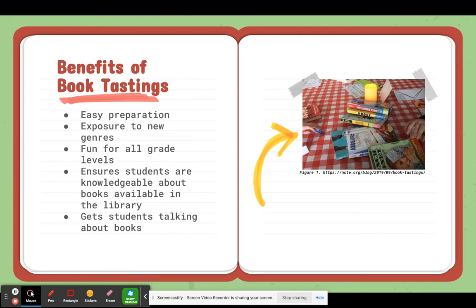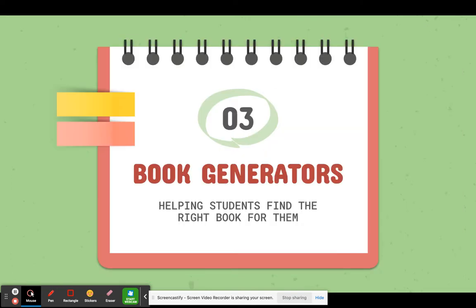It's a great way for them to see that you had graphic novels. Students might not have realized that. And I've seen that for sure, or comic books even. And that being available to them is such a great gateway to where we want them to go. And it gets students excited and talking about books. And that's definitely what we want. And that's how we're going to create independent readers.